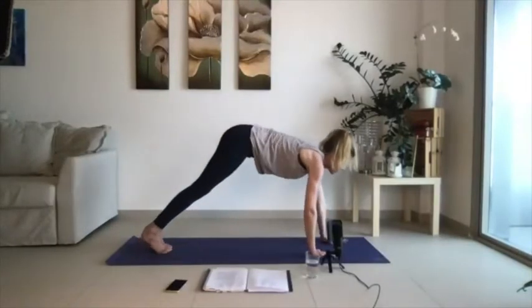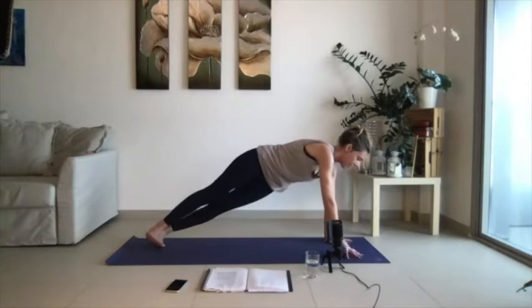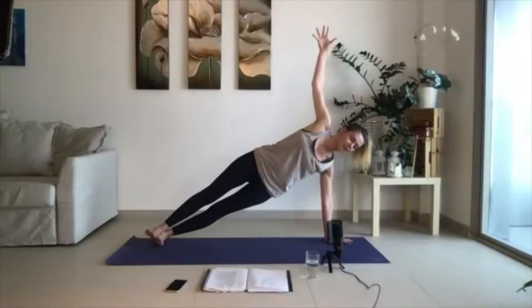Find yourself into a plank, and we're gonna hold our plank for a few breaths. Let's take 5, 4, 3, 2. On 1, I want you to roll onto the left outer edge of the foot and take your right palm up towards the sky so you're in your side plank, your Vashisthasana, for 5, for 4, for 3, for 2,